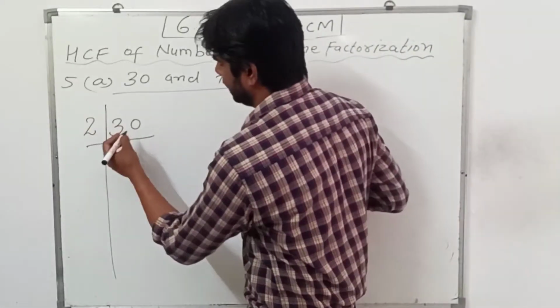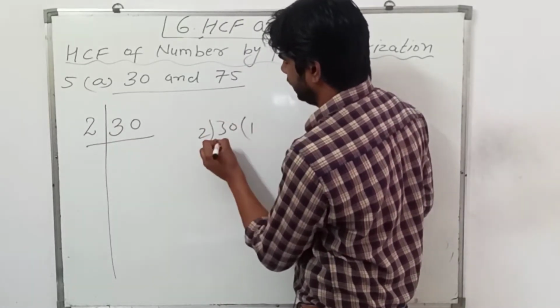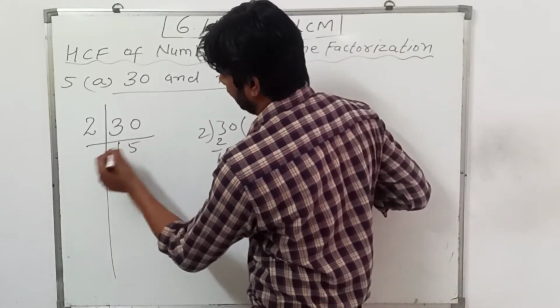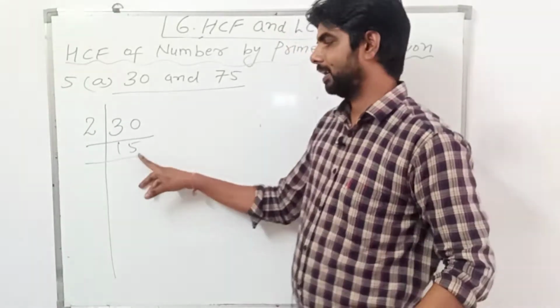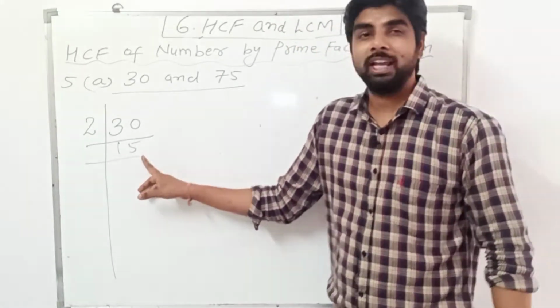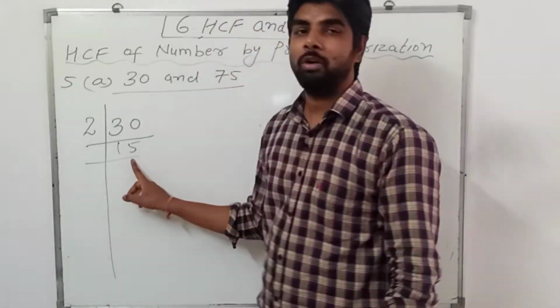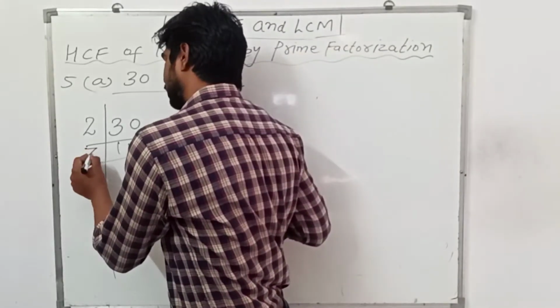So we are dividing 30 by 2, that is, 30 divided by 2: 2 ones are 2 and 2 fives are 10, so 2 fifteens are 30. Now we get 15 as our quotient, so we will write 15 here. Now again we will divide this quotient by a prime number. We cannot divide 15 by 2, so we will divide by 3,